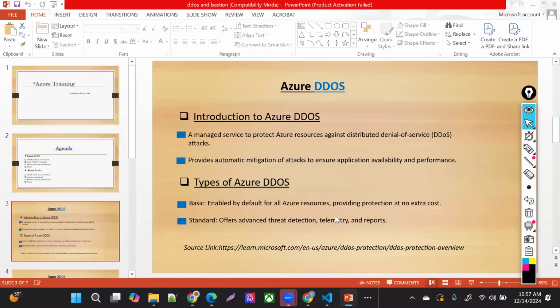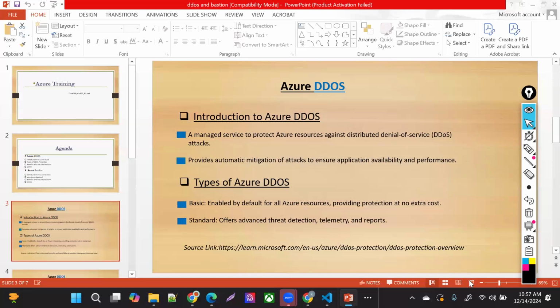So Bastion we discussed already, and we saw how we can take that Bastion access. It's a very secure way to take that access. On the browser basis, you will get that access without exposing your virtual machine onto the internet, even if you do not have a public IP. That's the way you can take browser-based RDP or browser-based SSH connection of your virtual machine, whether it's Linux or Windows-based. Now, the next thing we are going to discuss is Azure DDoS.